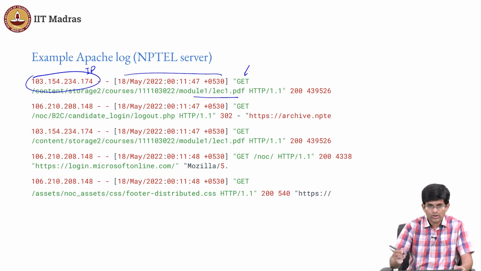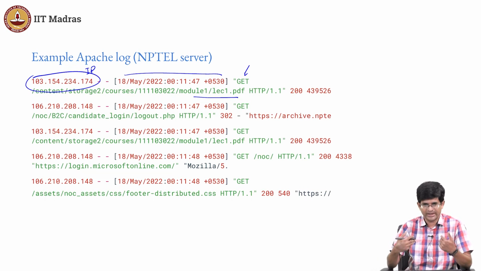This GET over here is the type of request. So in this case, all that you are doing is retrieving data. There are other types of requests. Those who have done app dev would of course know that there is POST and there are also PUT and DELETE and others. GET and POST are probably the most common. In our case, it's mostly GET. Why? Because like I said, this is mostly a data server. I have a huge amount of data out there, static files, and as and when somebody wants to retrieve it, just throw it back over the pipe at them.